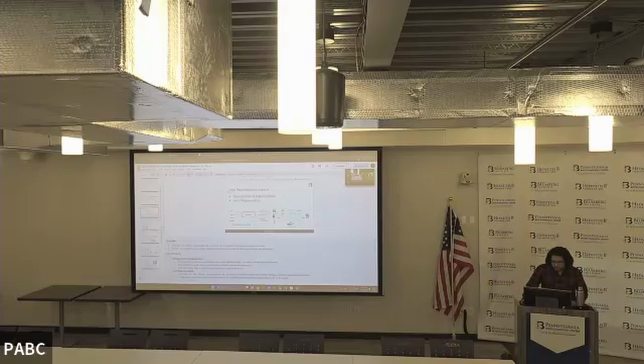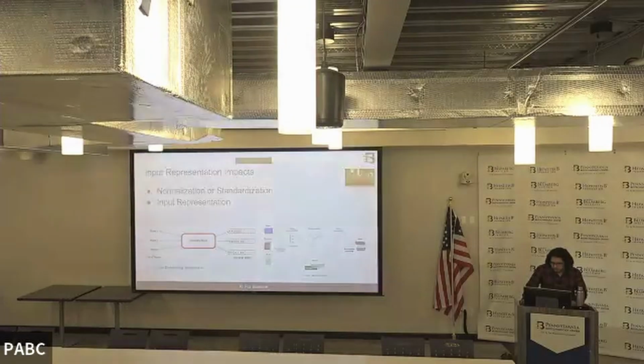All right. So input representation impacts here. We call for normalization or standardization, which I'll talk about right now, and input representation. Like we said here, you can take a look. This is vector embedding. Vector embedding is basically when we have a column that has text or comments, people's reviews and stuff like that.